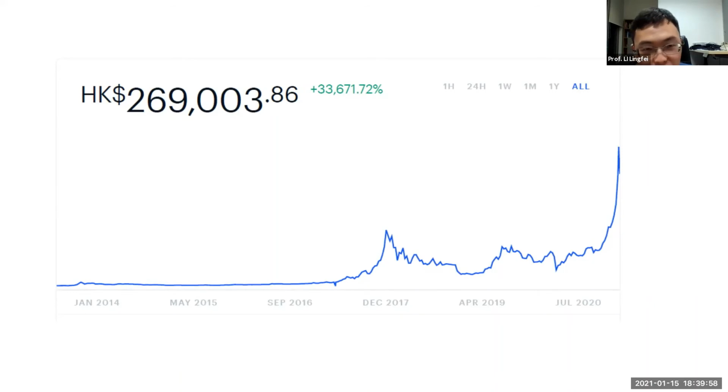And also, the price is driven up a lot by investor sentiment. Last year, 2020, was a very tough year for the whole world because the pandemic hit and is still going on. The United States government printed a lot of money to save the country out of the crisis. What does that mean? That means your money is not worth that much. The U.S. dollar depreciates, and the Hong Kong dollar is pegged to the U.S. dollar, so it will also depreciate. So your money is not worth that much.